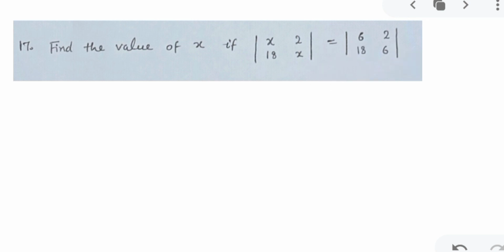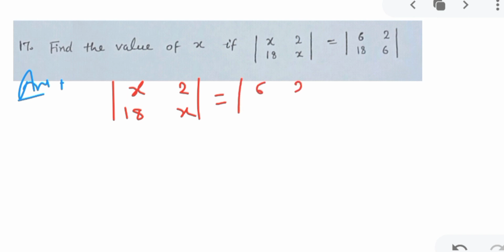And you know a determinant has a value. Okay. Don't do it like a matrix, thinking these are matrices, so x will be 6. Okay. Don't do that. This is not a matrix, this is a determinant. Okay. So the answer, since both determinants are the same, so I am writing the question. I am giving you the solution in answer format. What you will do, you will note down these steps. You will revise 2 or 3 times. Okay.